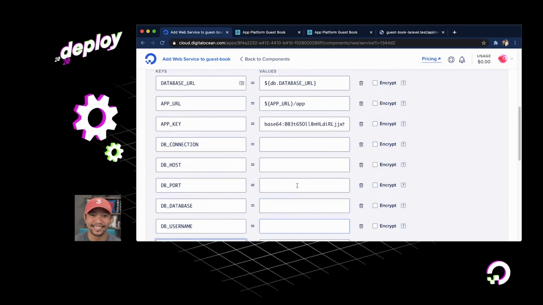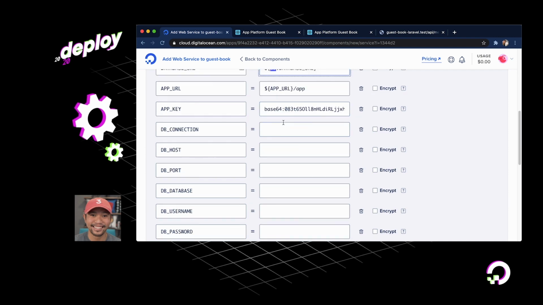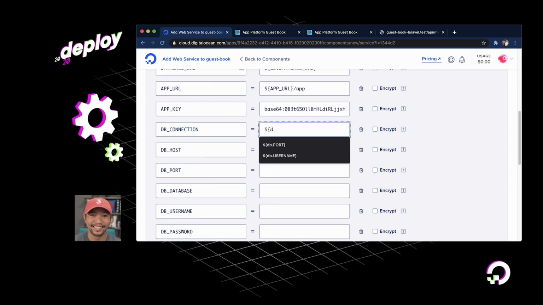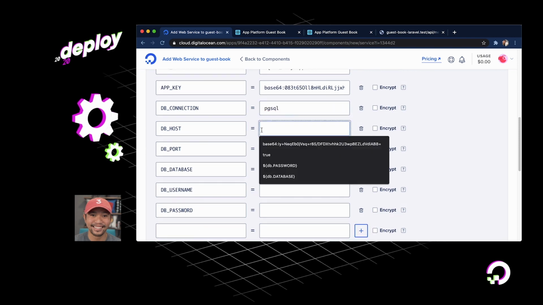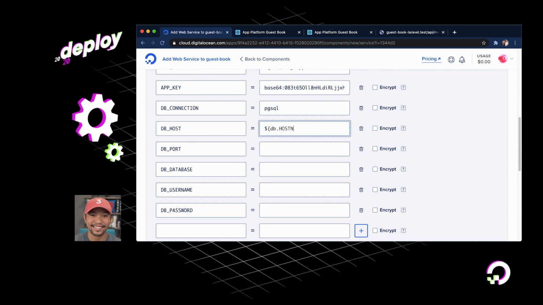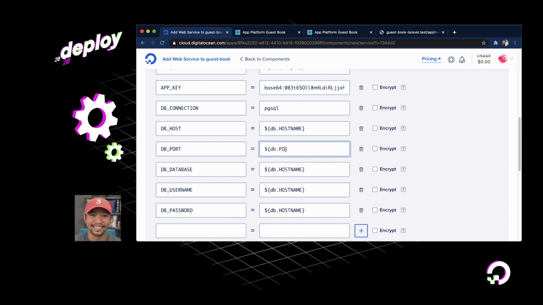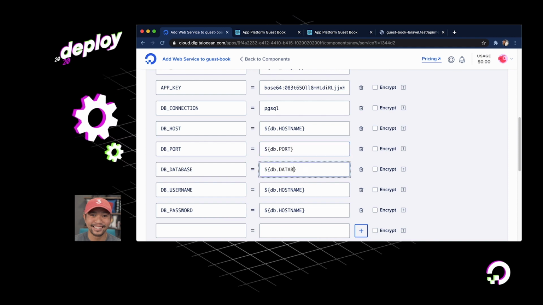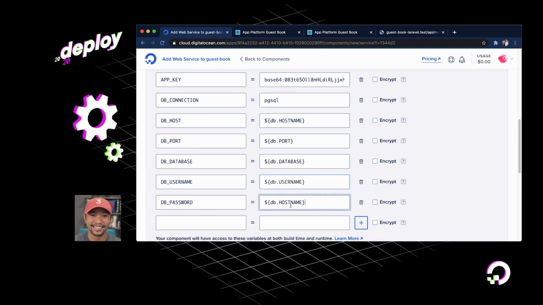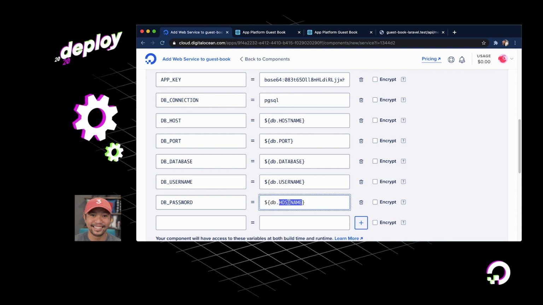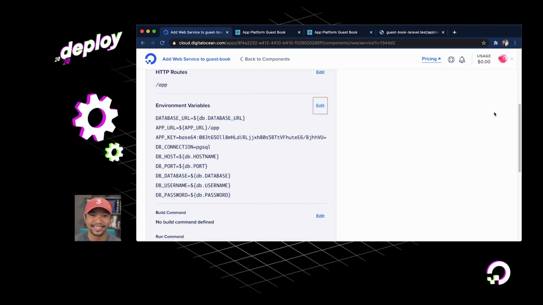All right, so since we called that database DB, this is how we can access those variables for that specific service. So we're going to say DB. Oh, sorry, this one is going to be hard-coded in pgsql. We want a Postgres database here, and then host is db.hostname. I'm going to copy this and paste these all in. We'll go for port. This is going to be DB database, and we have username. And if you're wondering how I know these variable names, they are in the App Platform docs. Very helpful there. I'm going to go for password, and that's going to be enough for our environment variables.